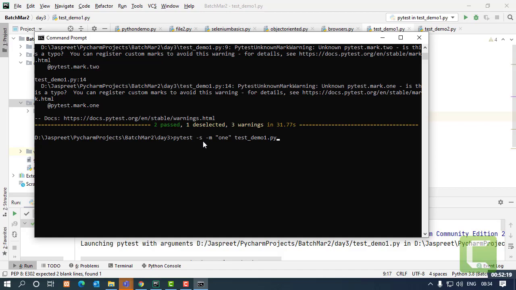You want to exclude all the test cases which are in group 1, so you can use not 1. That means excluding all the test cases in group 1 and running all the rest. That will run the test cases which are not grouped as well. So this not keyword is for that. This also gives you the same result as the previous runs, so I'm not executing it again, but this way you can run it.